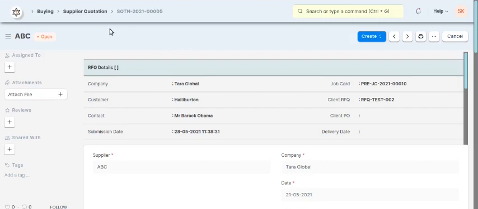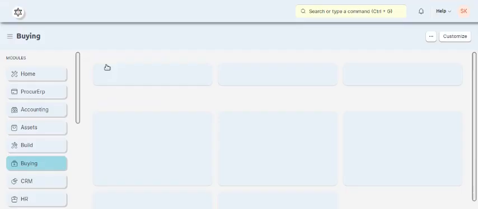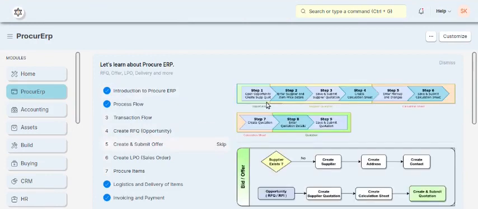Now from the supplier quotation, if you see the steps, can you see this green and the different color shades?